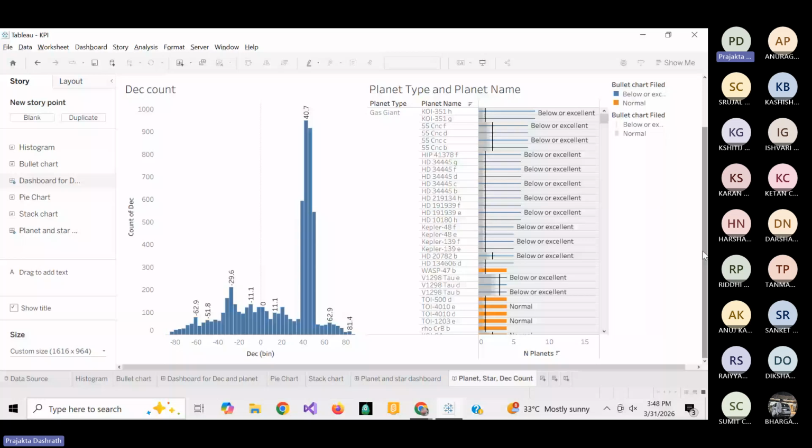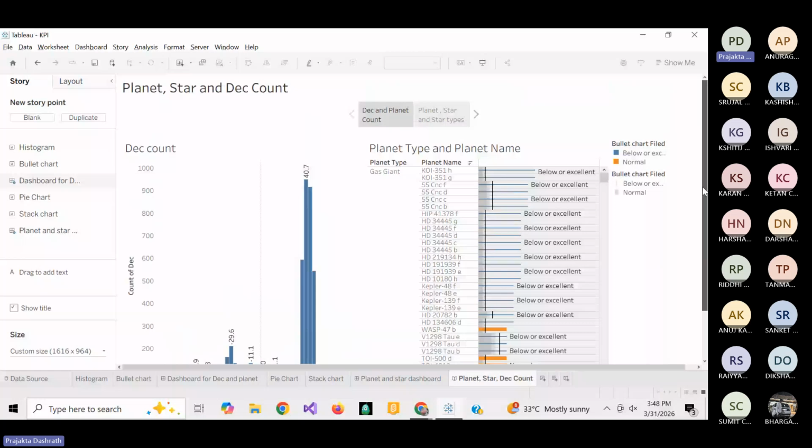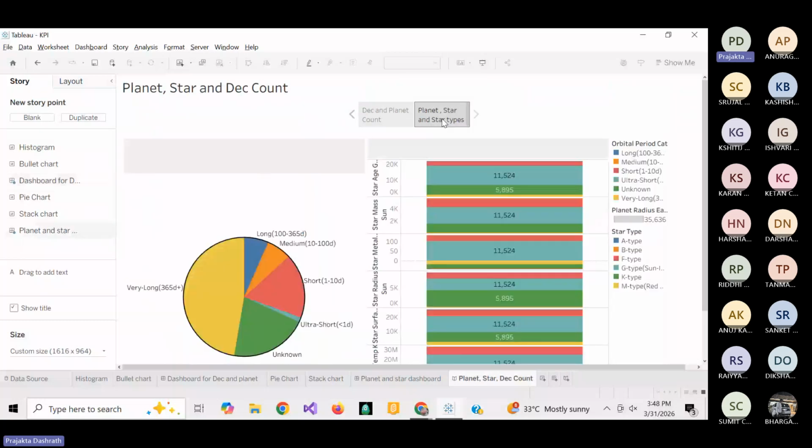This is the dashboard in my case. This is the first dashboard, and my first dashboard is representing or concluding the data regarding planet, stars, and DEC count. Now let us move to the second dashboard. My second dashboard is representing the planet, star, and DEC count. It's not actually a DEC count. It's representing a planet, star,